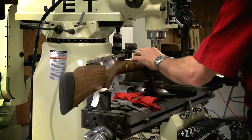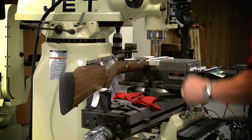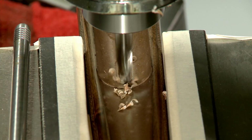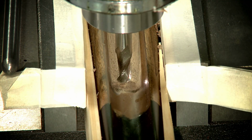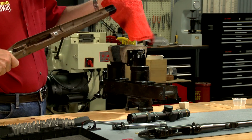With the stock fixtured in the milling vise, a 3/8 inch ball end mill is used to remove the majority of the wood in the forend. This takes most of the muscle out of the wood. Once the channel is complete,